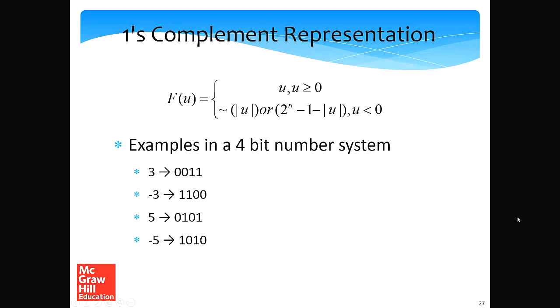Here also you will notice that the notion of the sign bit has come in, in the sense that for numbers that are positive, the MSB, the most significant bit, is 0, and for numbers that are negative, the most significant bit is 1. So positive numbers will start with a 0 and negative numbers will start with a 1, which helps us distinguish between positive and negative, but it does not confer any more mathematical properties.